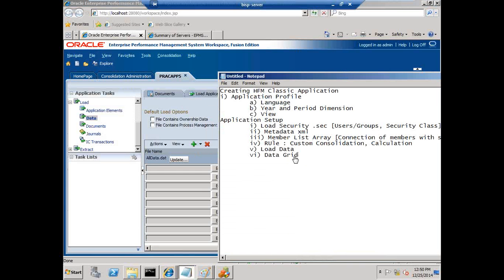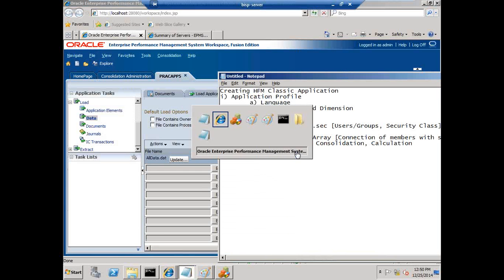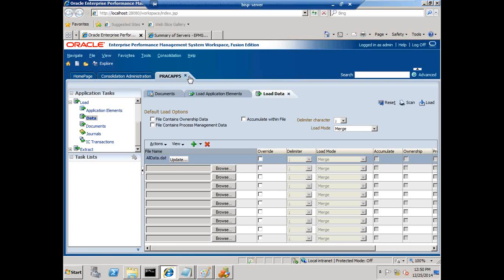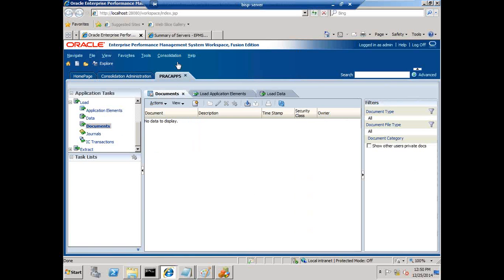The final step, I would like to browse through everything I have done under data grid. So I load data grid. Data grid is like an interface, a window where people are going to communicate. We can use either data grid, data form, or smart list. Any one of the places we can browse our application. So under document section, open your document section, and here we are going to load it. Alternatively, you can open document section from your consolidate documentation. I don't have any existing document over here,